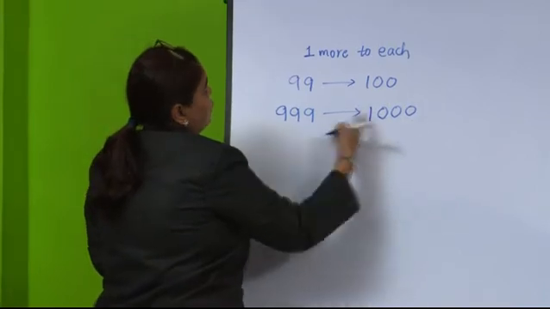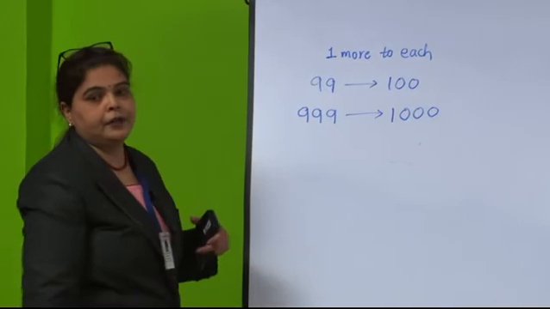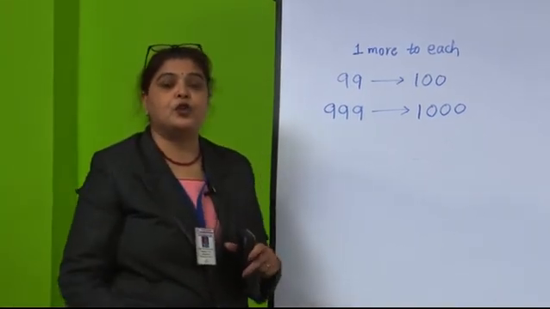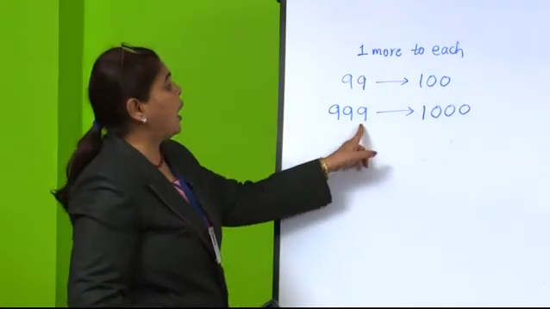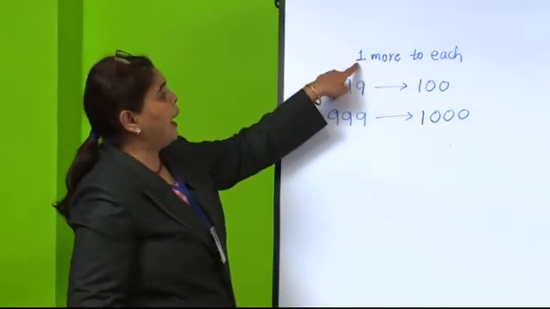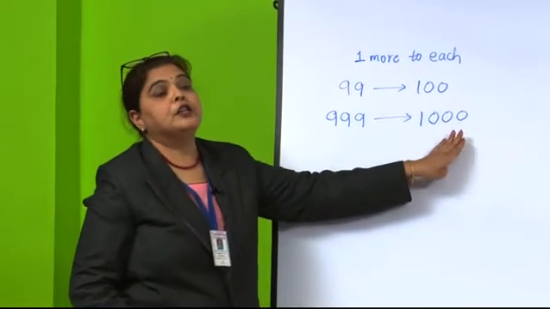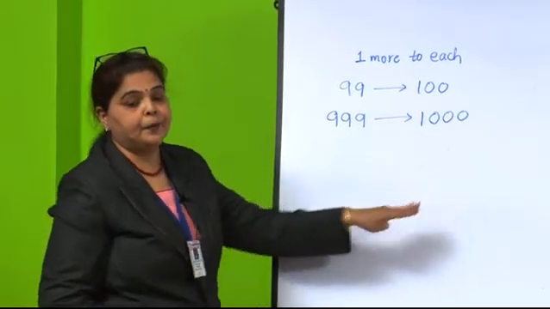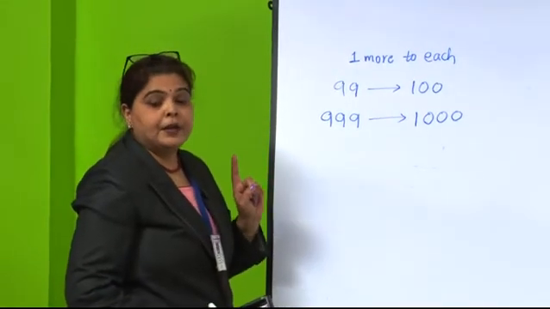999 will be a 3 digit number, and now we are having a 4 digit number. Everyone, I hope everyone understood. So there is no need to do the addition, you just have to add 1 in your mind. When it is the largest 3 digit number, we will get the smallest 4 digit number when we add 1 to it.